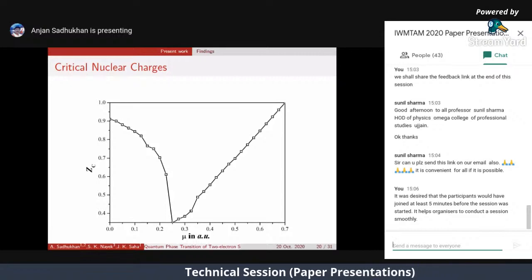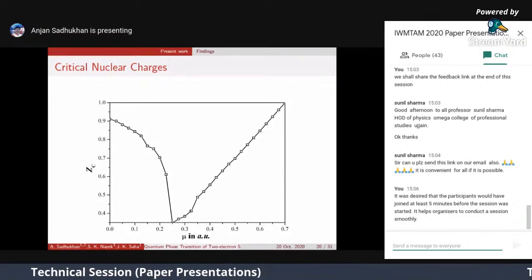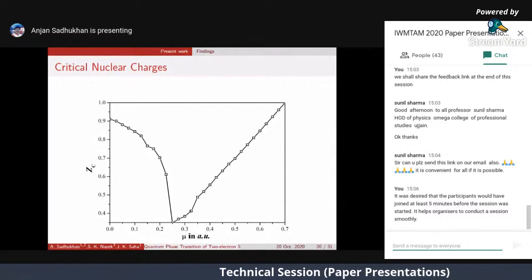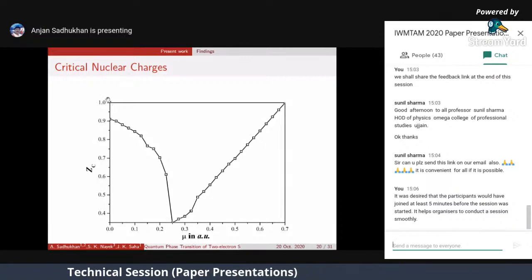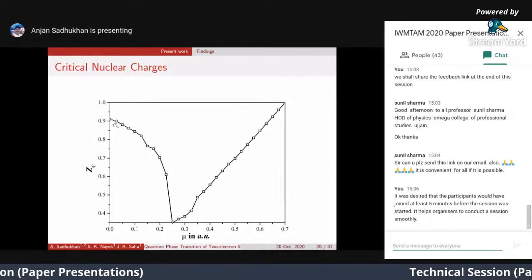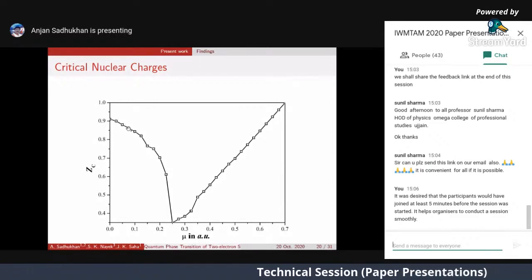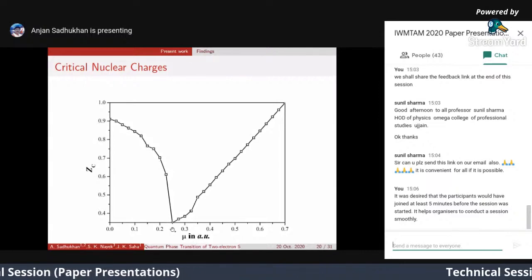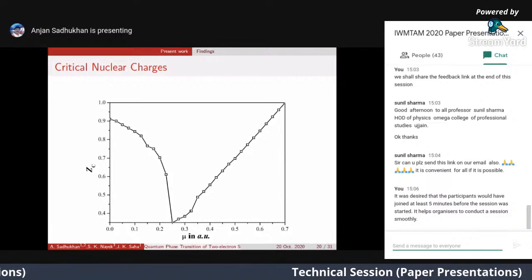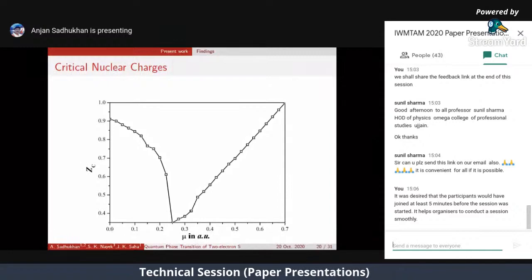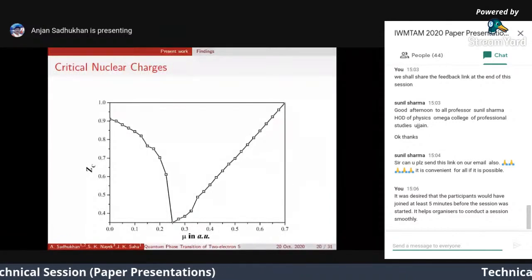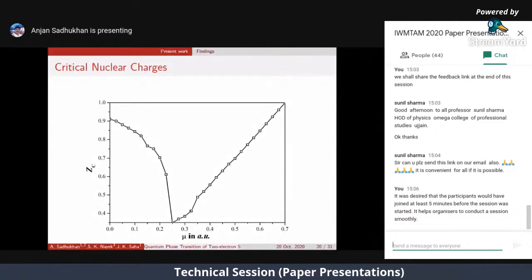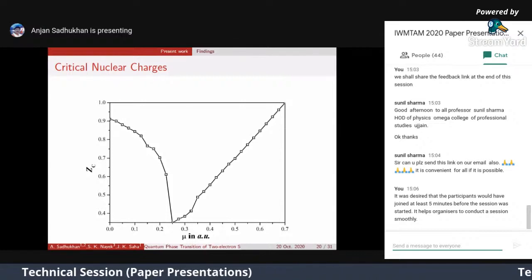Further, it is fascinating to note that if the screening parameter, that means if the strength of the screening, gradually increases, then the corresponding minimum nuclear charge to hold 2 electrons will gradually decrease, up to a certain value of mu, which is 0.25 atomic unit. But for mu greater than 0.25, the ZC value increases almost linearly, and at mu equals 0.7 atomic unit, ZC becomes 1, which suggests